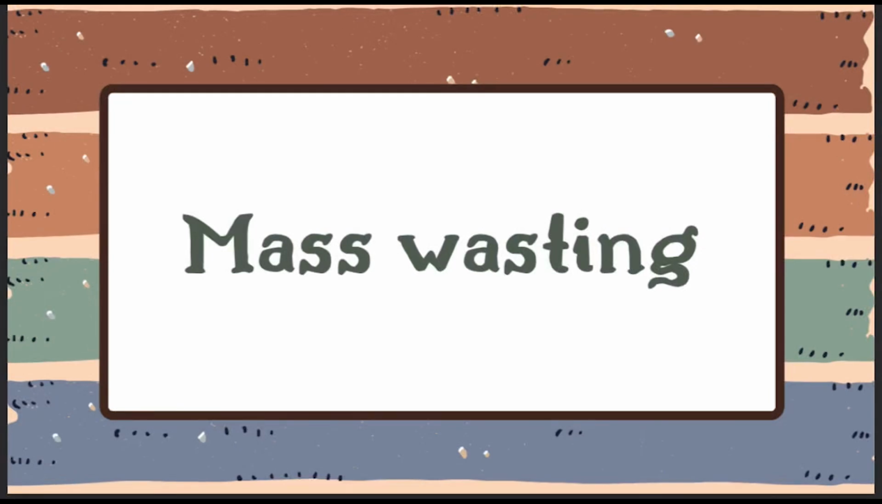Mass wasting is a powerful natural process that reshapes the Earth's surface by moving soil, rock, and debris downslope under the influence of gravity. Unlike other processes that depend on agents like water or wind, mass wasting relies solely on gravity. It plays a key role in forming and transforming landscapes, from slowly moving soil creep to sudden landslides that